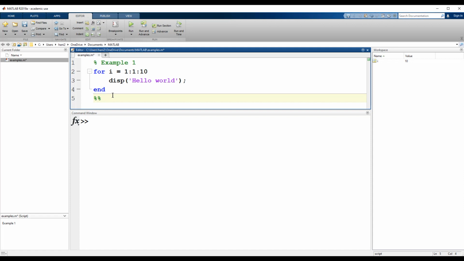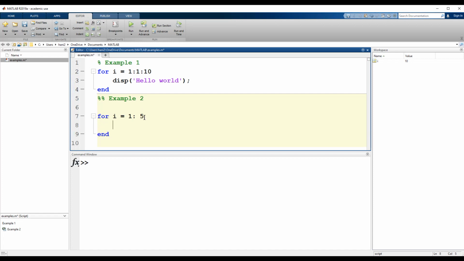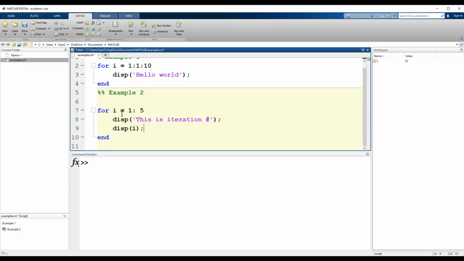Let's get to the second example, or example 2. i equals 1 to 5, for example. I'm going to end this, okay? And here I'm going to run some code. This is the first statement, and then in the second line, display i. Okay, so what happens is